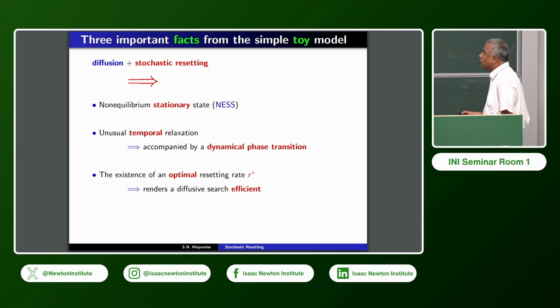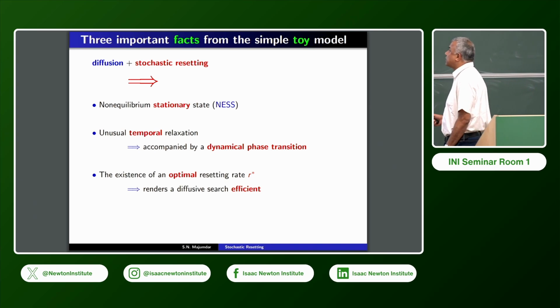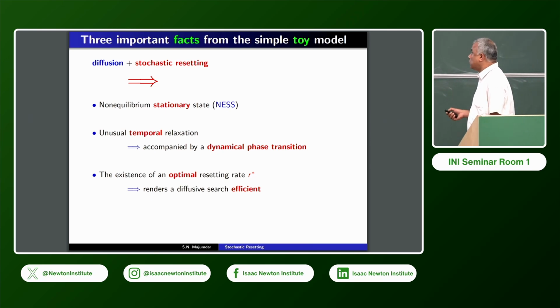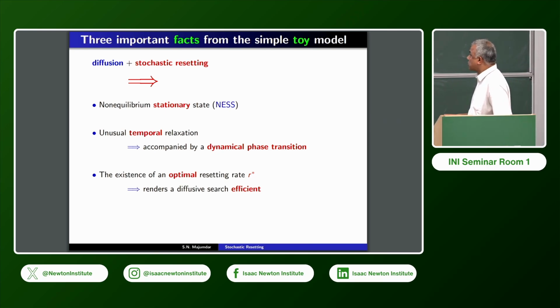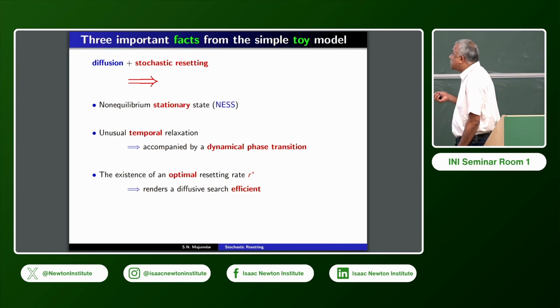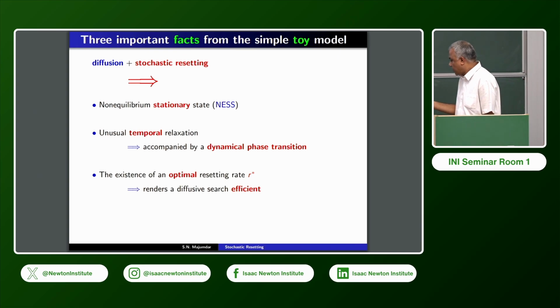So what we learned from this simple toy model, there are 3 basic facts. One thing is that there is a non-equilibrium stationary state, which you can explicitly characterize. There is an unusual temporal relaxation to the stationary state, which is accompanied by a dynamical phase transition in the rate function. And also, there is an existence of an optimal resetting rate R star, which makes a diffusive search efficient in the presence of resetting. So these 3 are the things that you learned from this toy model,